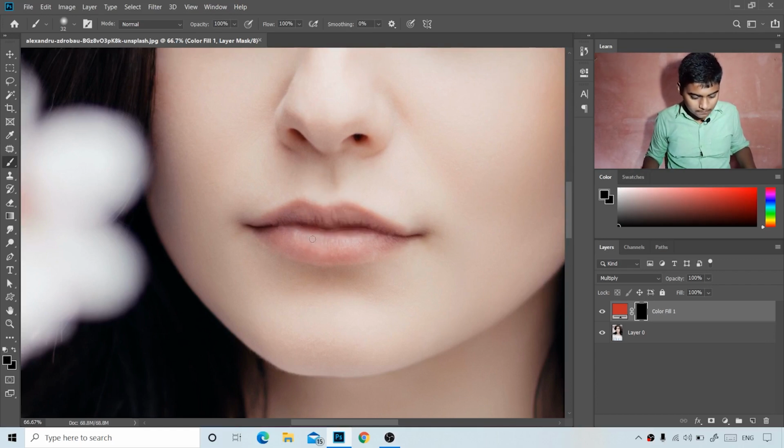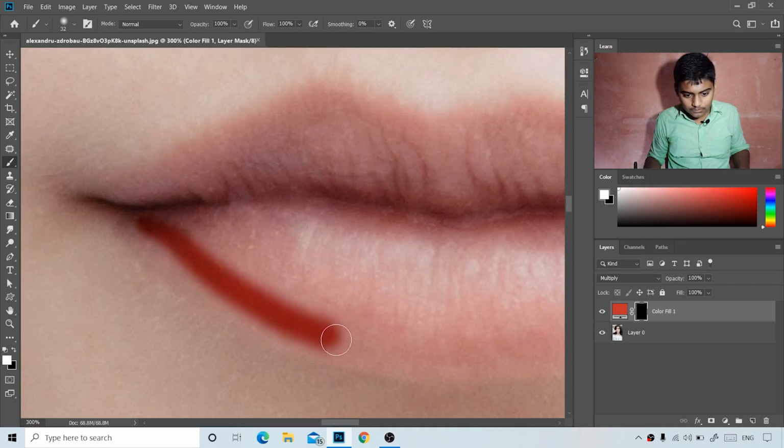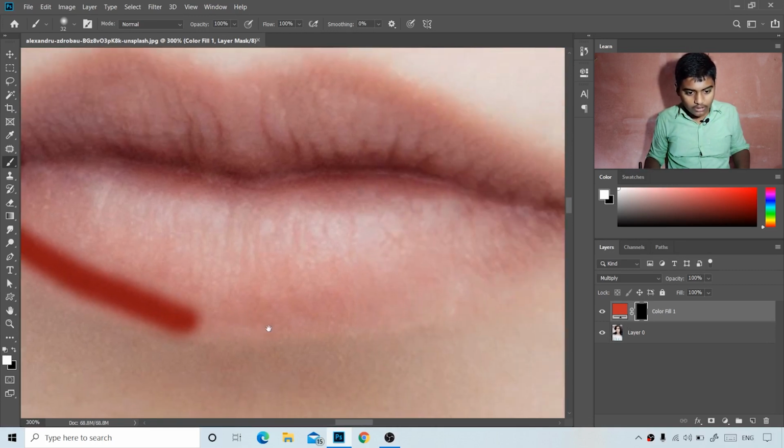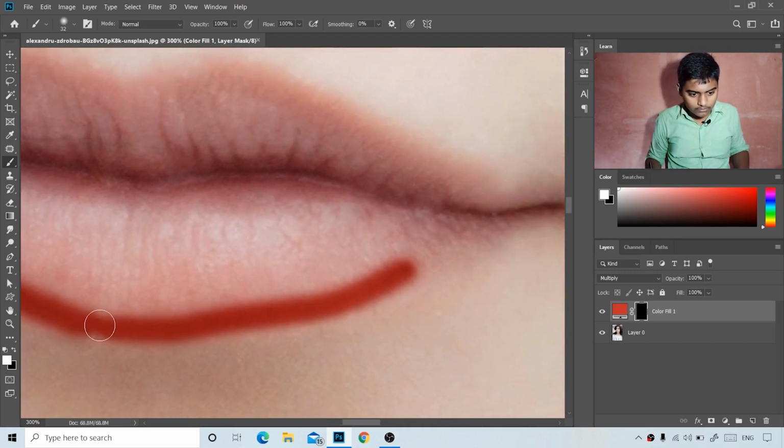Okay, let's zoom into the image, and now we have to paint inside this image. So paint properly.